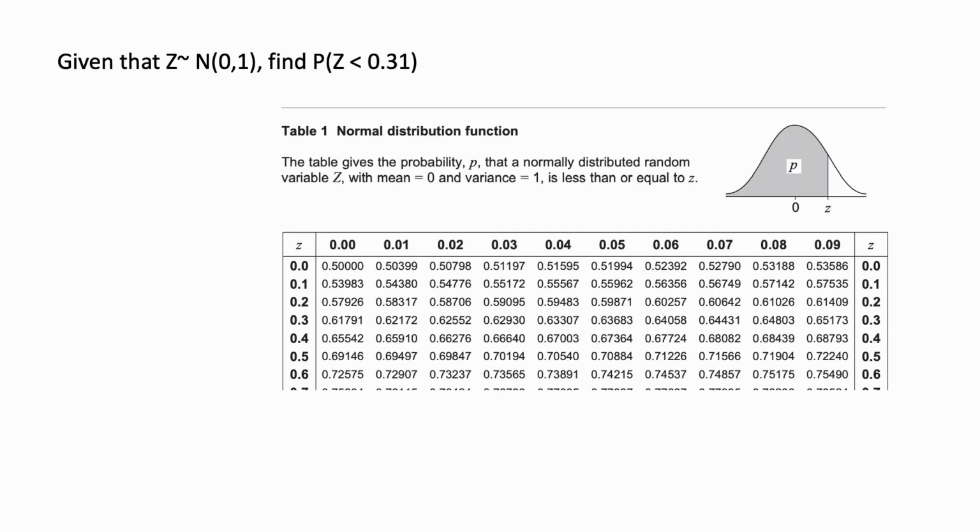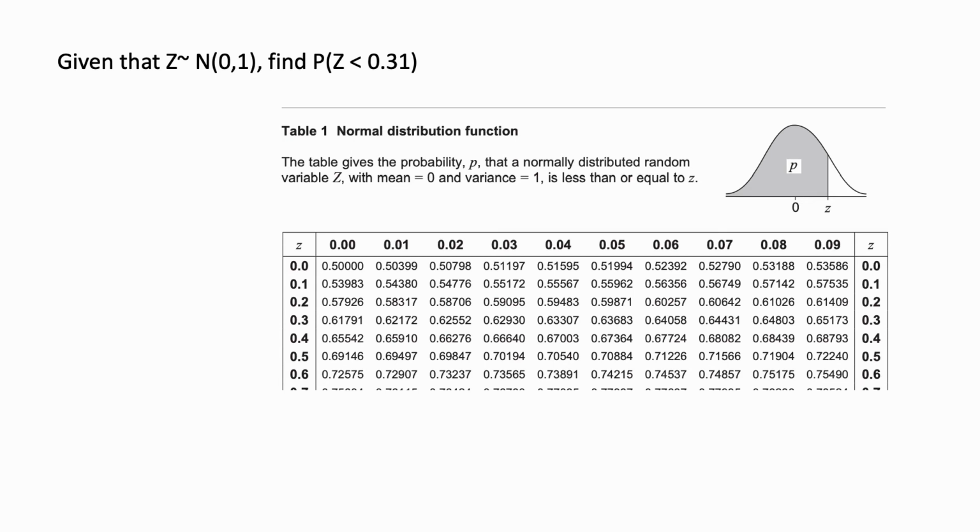So here's an example. We are going to look at our normal distribution. It's telling us we've got our normal distribution, mean 0, standard deviation 1, and we're going to find the probability that Z is less than 0.31. So in this case, we can imagine that Z is 0.31 and we're looking for this shaded area on